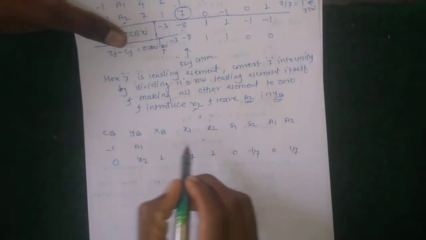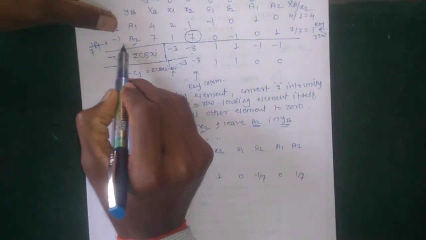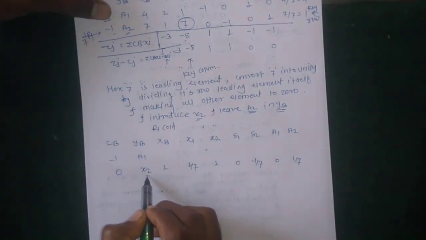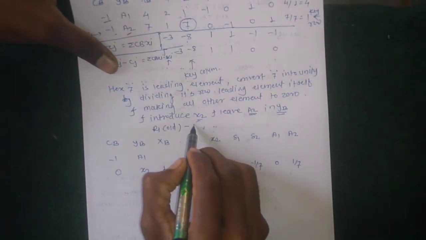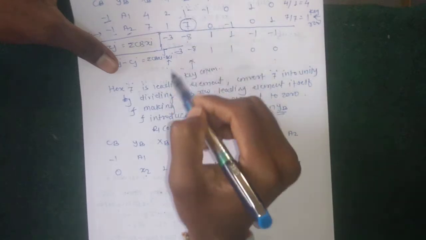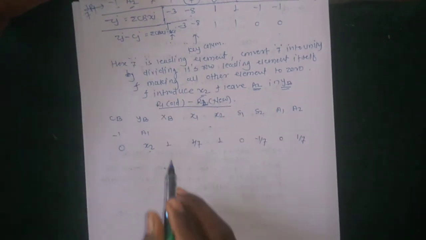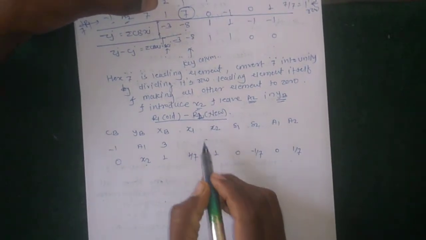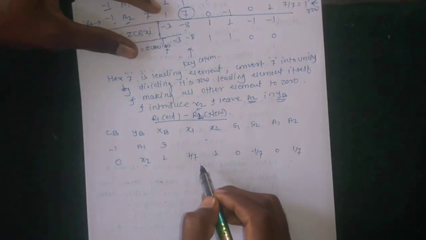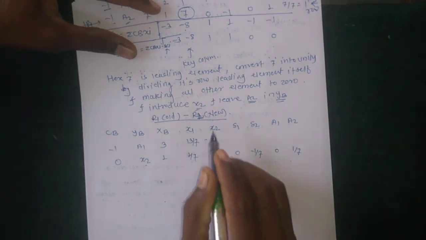So then the operation here: this is the old r1, this is the old r2, and this is the new r2 row. New r2 is r2 minus r1. Using this operation, here 4 minus 1 is 3, 2 minus 1/7, 14 minus 1 over 7, is 13/7.